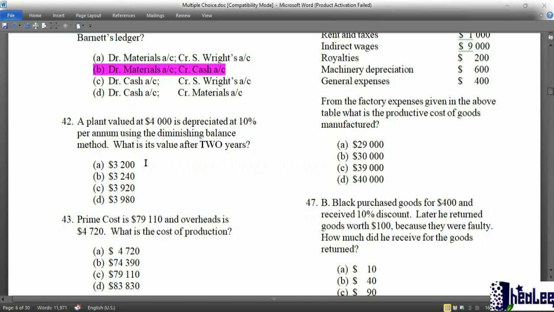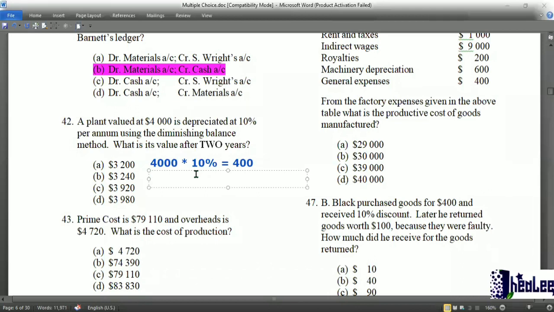And the first year would be 4,000 multiplied by that 10%, and the asset would decrease by $400. At the end of the first year, the plant value is $3,600 because it has depreciated by